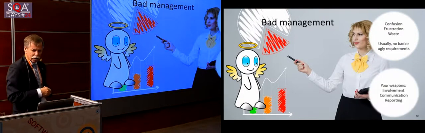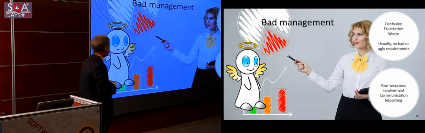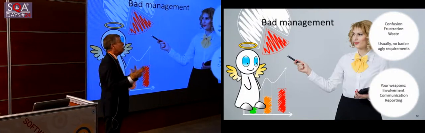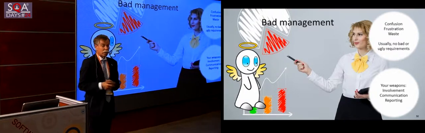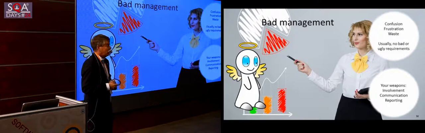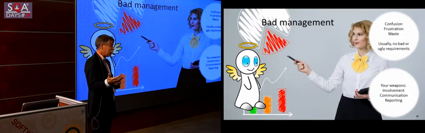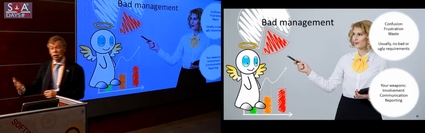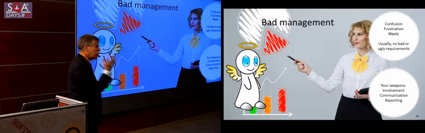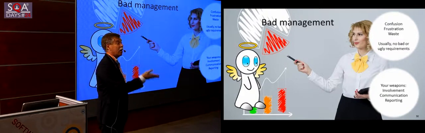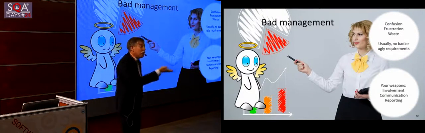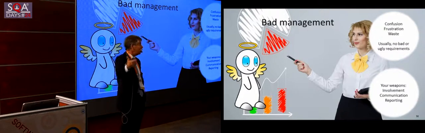So your weapons: involvement, communication, reporting. Try to see what happens in your project and make sure it won't happen to you. Make sure you will repeatedly ask, did you change something? What's the version that we are working on? Talk to your developers. What did you meet? For instance, of course, your developers have the same problem because they have the same input. And if they found defects in their input, it's the same for you. So talk with your development colleagues.